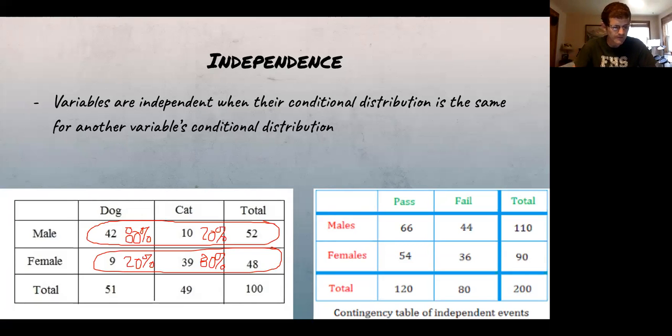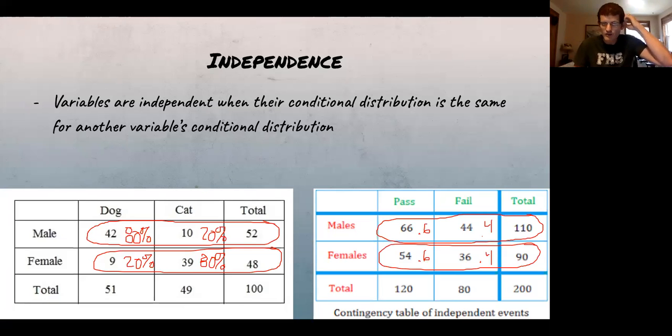Before I talk about independence here, let's look at the other chart, the other bivariate data. On the condition of being male, what is the distribution of passing versus failing? This is 0.6 exactly, and this is 0.4. On the condition of being female, this is 0.6 and this is 0.4. So when we compare these two, and this is the key idea with independence,